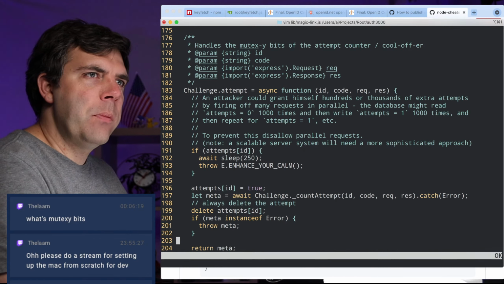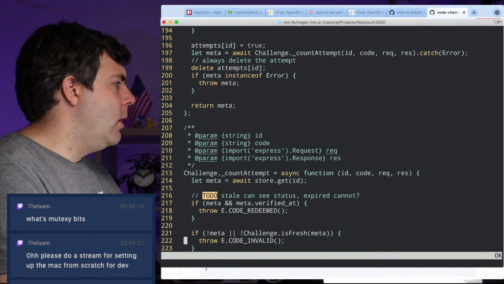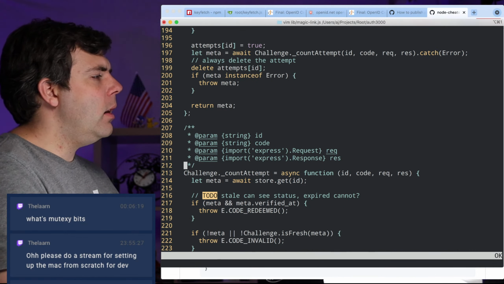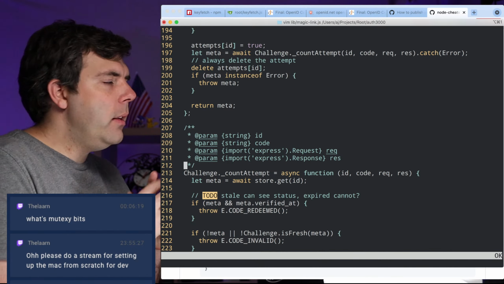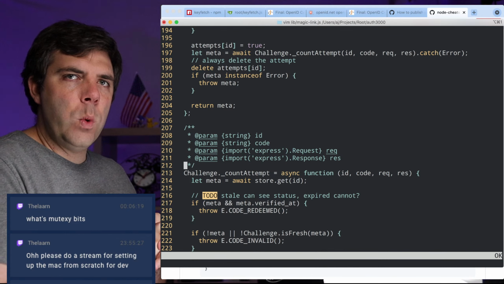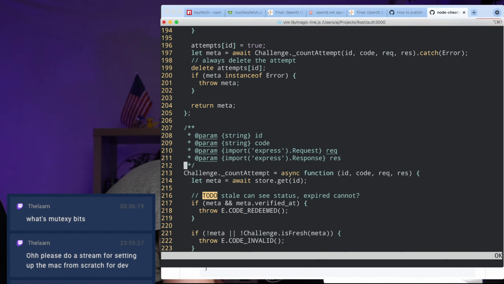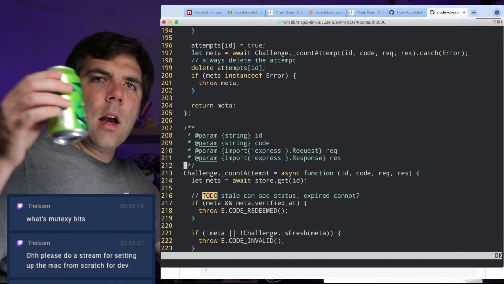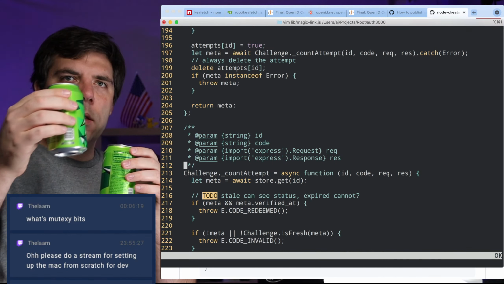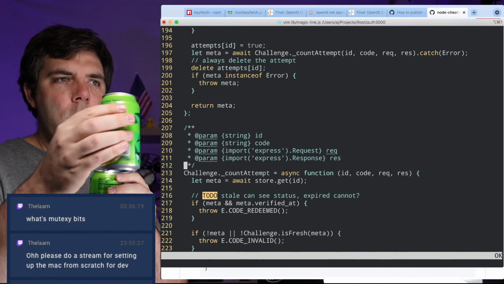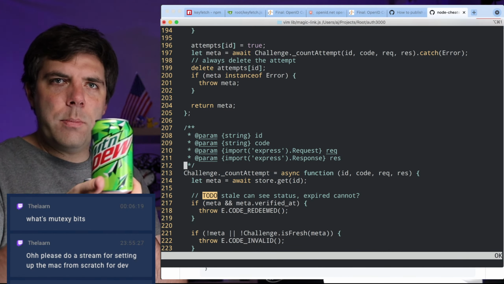Alrighty. Mutexy bits. Okay, yeah, let me explain that. Thanks for asking. So in languages that handle concurrency with multiple threads, you have what's called mutexes. Say each thread has a copy of a can of Mountain Dew, and one thread gets the function call to place the can of Mountain Dew on this tile in space.